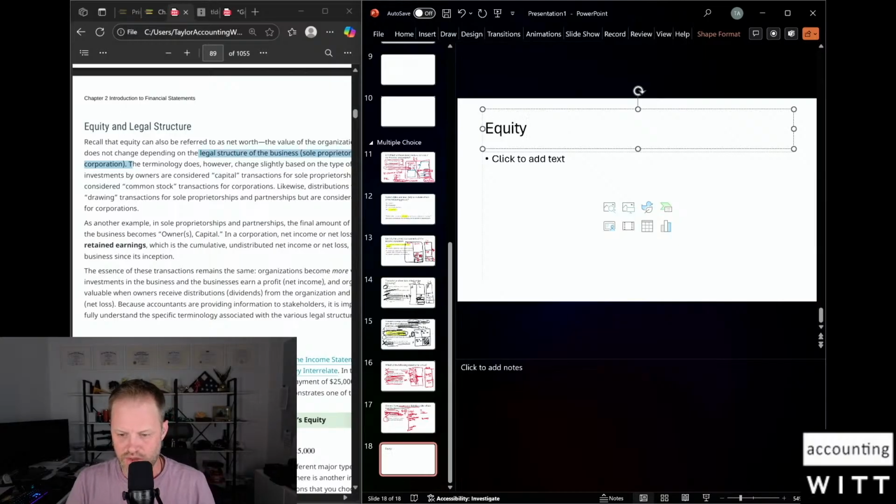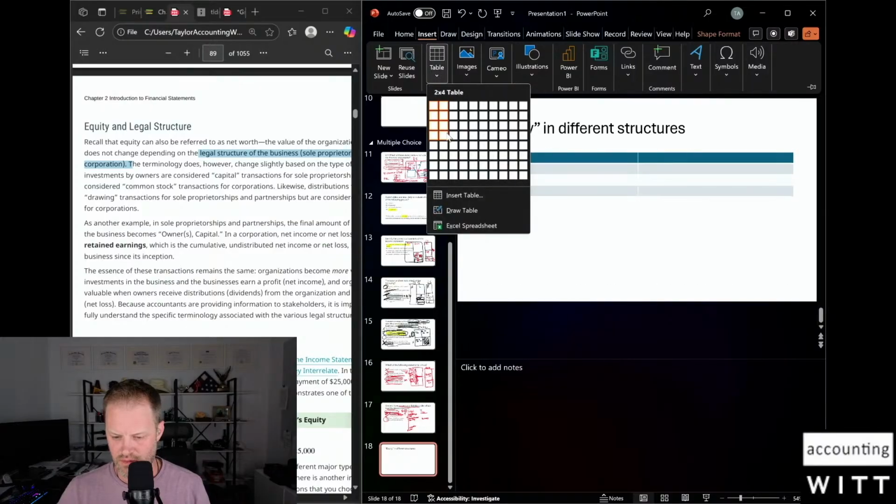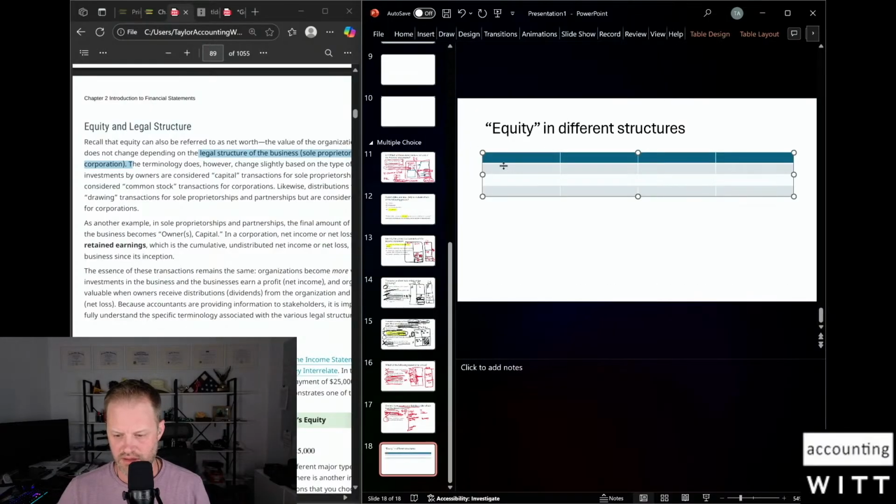The concept of equity in different structures. So this would need to be a table. Maybe it's like okay, structure. What are contributions called? What are distributions called? Retained earnings. So, for example, most examples in all these books are all talking about corporations, whereas